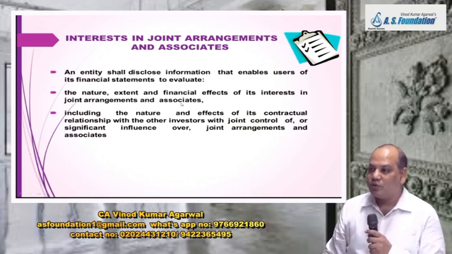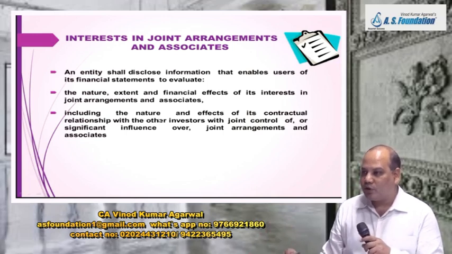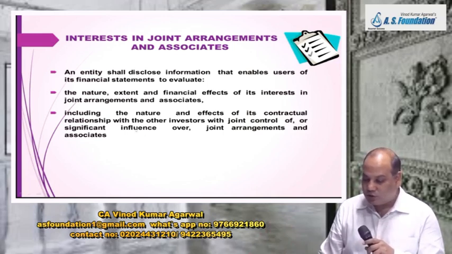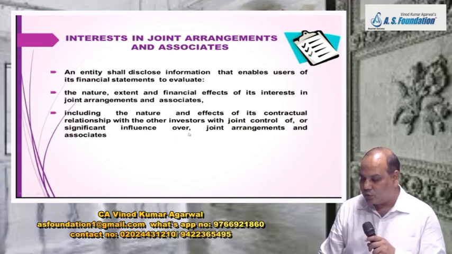All this disclosure should be there, including the nature and effect of its contractual relationship with other investors with joint control of. So in case of joint venture, two or more venturers form a joint venture. Give the nature and effect of its contractual relationship with other investors also with joint control of or significant influence over,